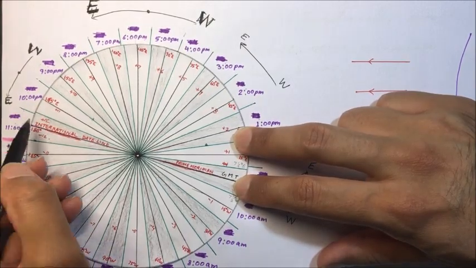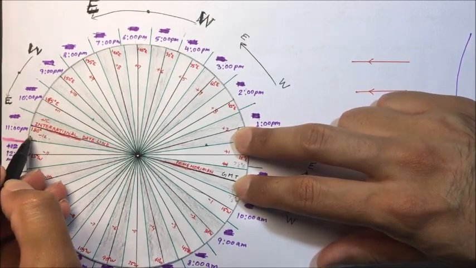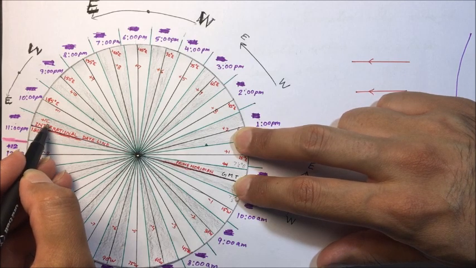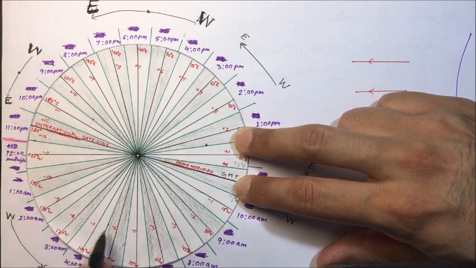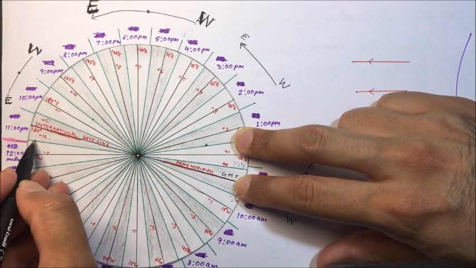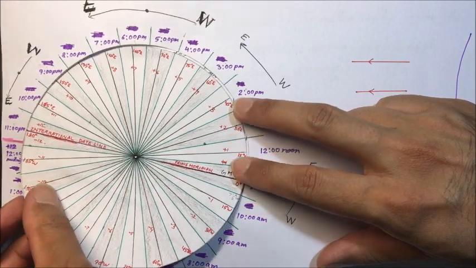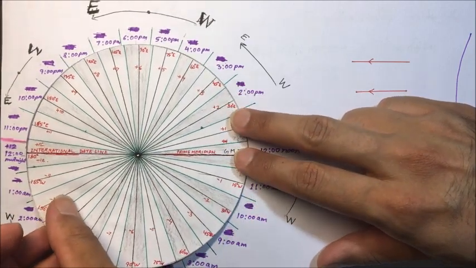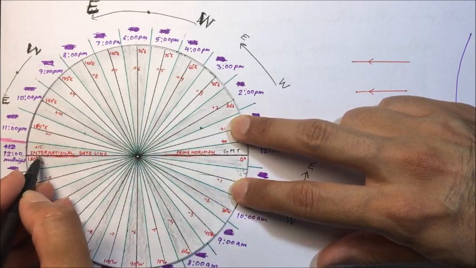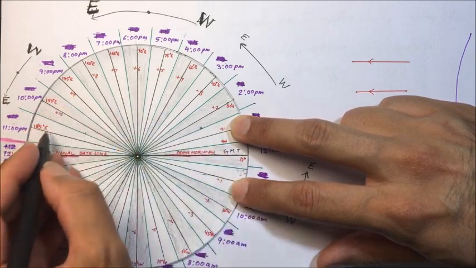Now see here, at this point we have 11 p.m. of Monday on this side and 11 p.m. of Tuesday on this side. So Tuesday has covered most of the earth, and in 1 hour the Monday will end. After 1 hour it will be here, and now the whole earth will have Tuesday.